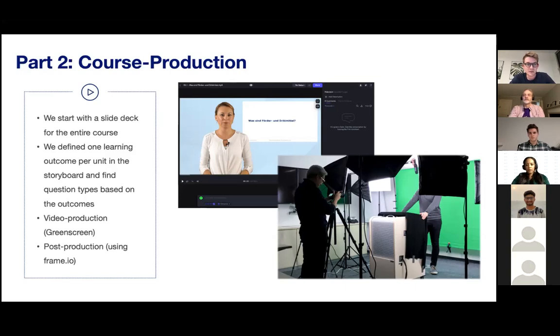course. And then after that, we look at the learning outcomes that we've defined in our storyboard, and we try to identify the right kinds of question types that edX has within the platform to match to that content. So, for example, if I have a very complex topic and I want my users to reflect on the content, I might have an open response assessment or something like a peer review